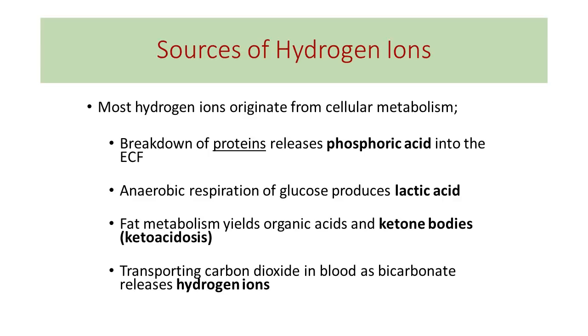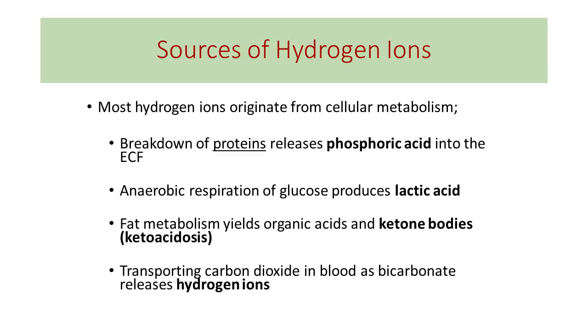So most of the hydrogen ions that are developed in the body originate from cellular metabolic reactions. For example, breaking down proteins will result in the release of phosphoric acid into the extracellular fluid. The anaerobic respiration of glucose that we learned about in the cytoplasm of the cell can produce lactic acid. Using fat as a source of fuel, so fat metabolism, will result in the production of ketone bodies known as